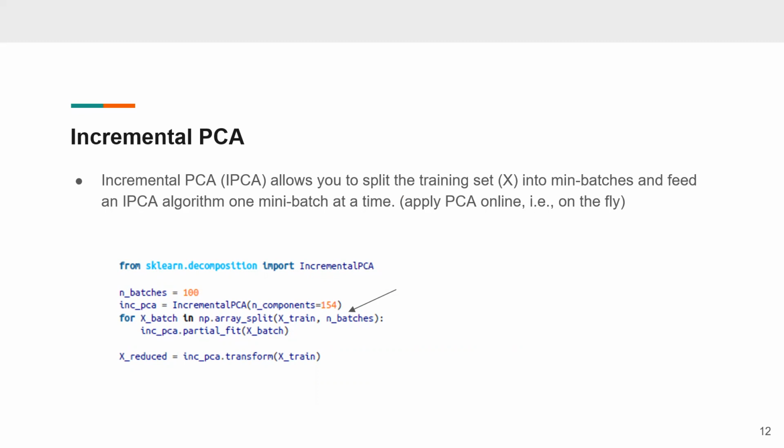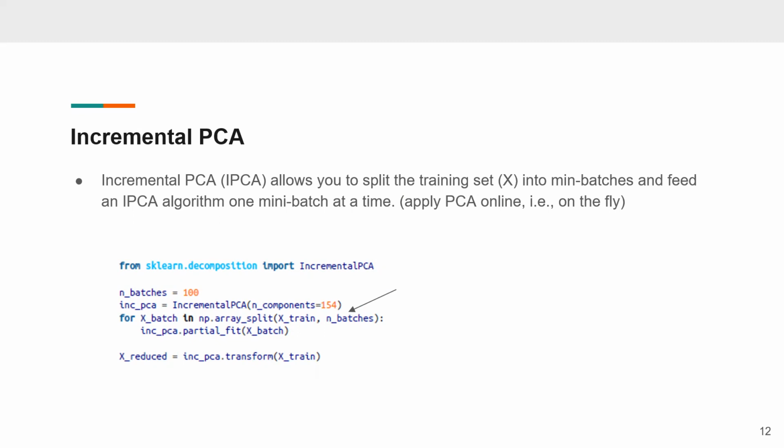Then you need to figure out the proper number of components that you want to pick in your algorithm, which means figuring out the elbow shape of the dimensionality versus variance explained graph, and what the proper dimensions are that you want to reduce to. And then there are two other major variations of PCA. One of them is called randomized PCA. The other one is called